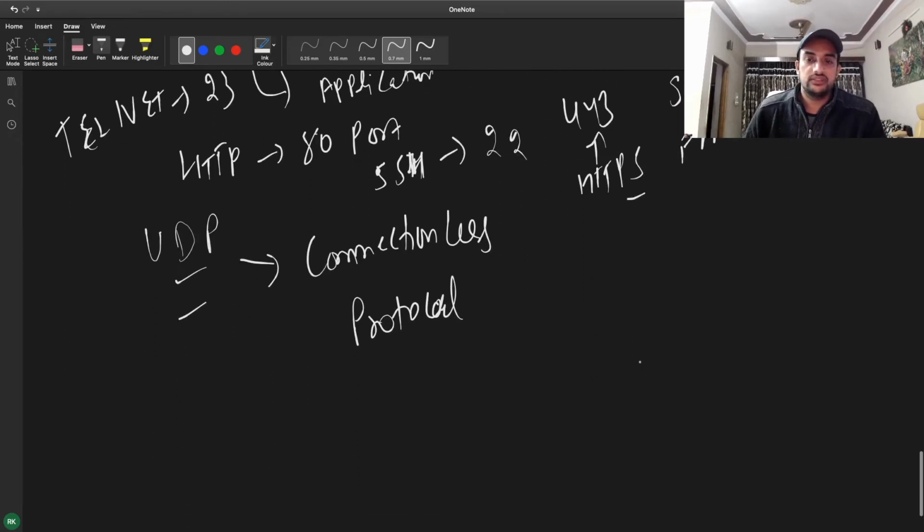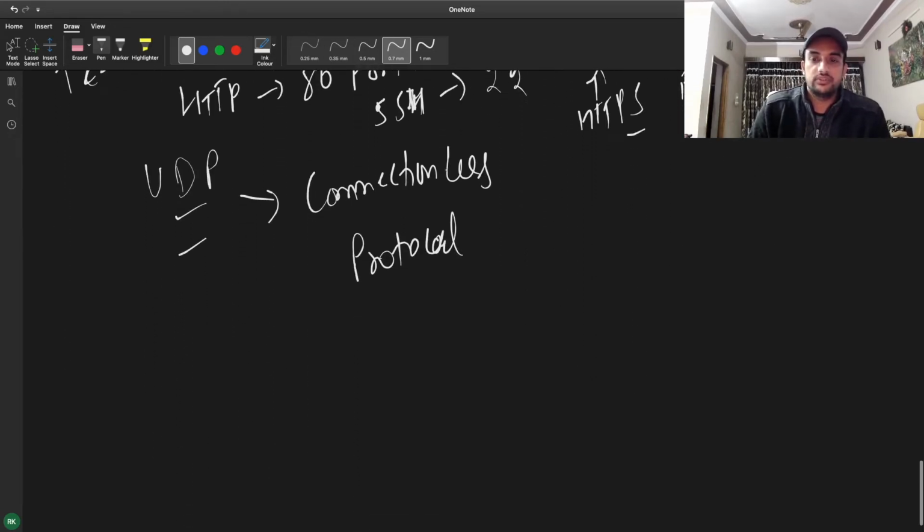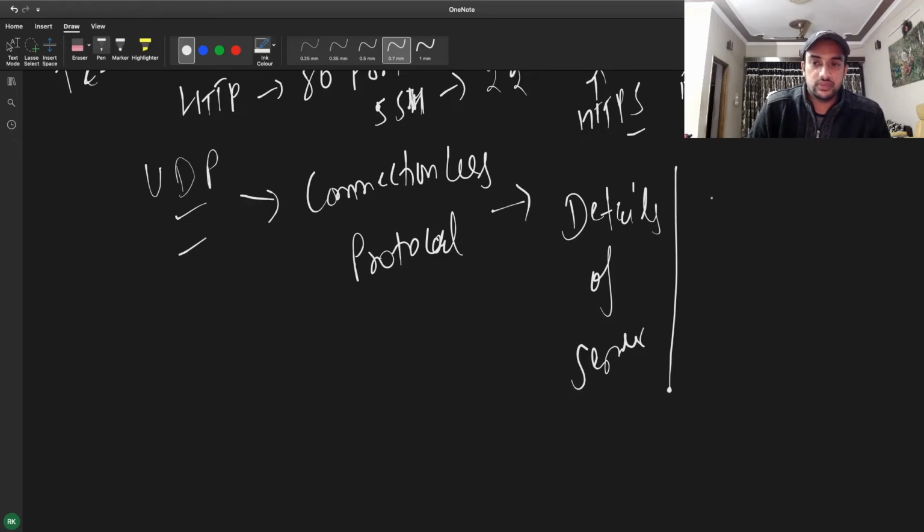But that is not happening in UDP, because UDP doesn't care about connection. It will just take the details of the server. When I talk about a server, what I'm talking about is a socket: an IP address and port, and the protocol, because we have to tell which protocol they are using.